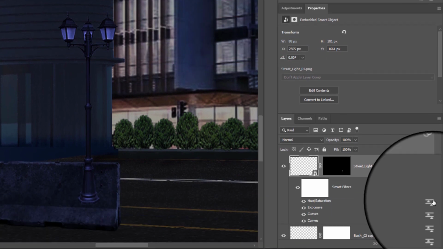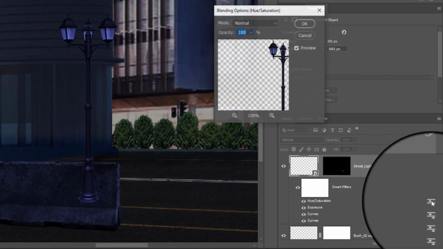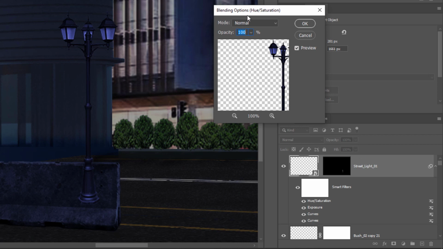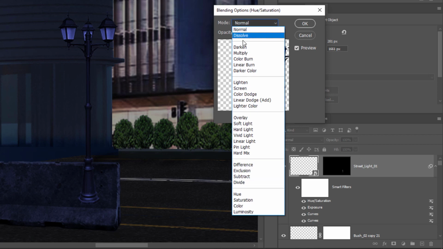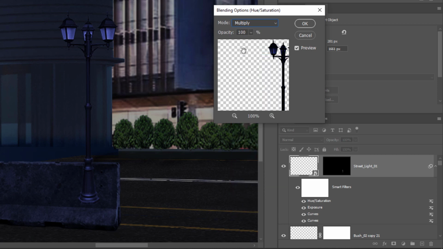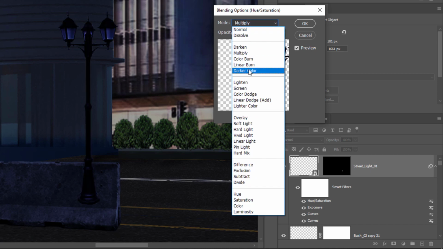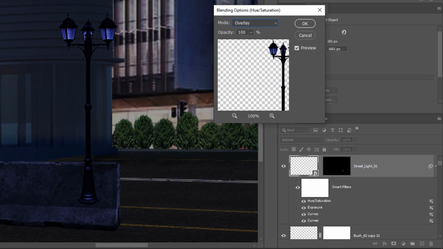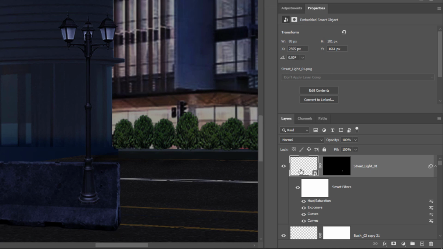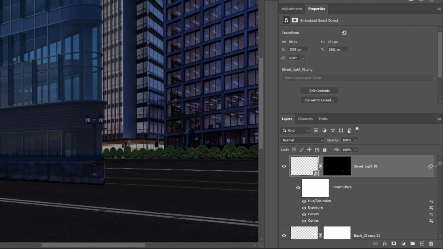But on the right side, this icon, if I double click, we have blending options. You could change the blending, for example, something like multiply, you see, or overlay, and I could decrease the opacity. Allow me to check before and after. It is getting more fitting. Alright,